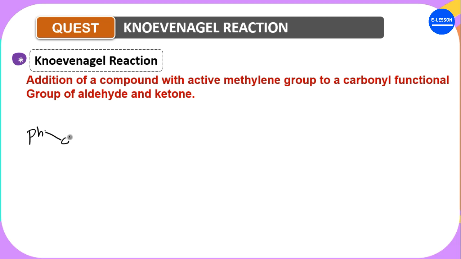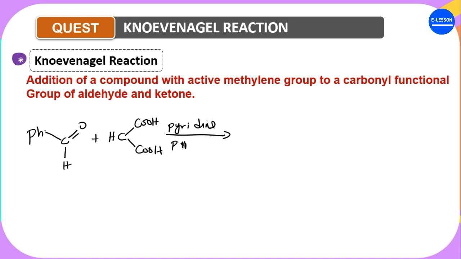Now, if this carbon is linked to oxygen, and then you have hydrogen here, this is a carbonyl group plus an active methylene group, right? Now, in this case, they use pyridine as the base, and also piperidine. They are almost the same, but with some differences in the double bond and the rest. This is piperidine. Okay, now at the end of the day, normally by the Knoevenagel reaction, what are we expecting from